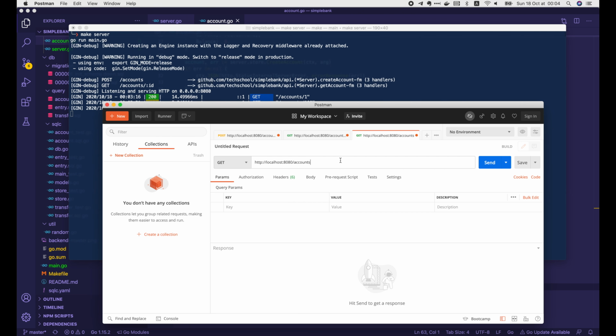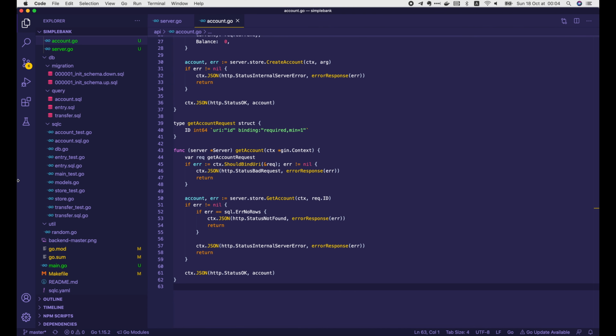This API is a bit different because we will not get input parameters from the request body or URI, but we will get them from the query string instead. Here's an example of the request. We have a page_id param, which is the index number of the page we want to get, starting from page 1, and a page_size param, which is the maximum number of records that can be returned in one page. As you can see, the page_id and page_size are added to the request URL after a question mark. That's why they're called query parameters and not URI parameters like account ID in the getAccount request.